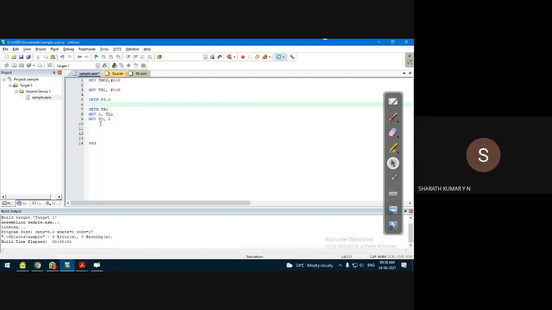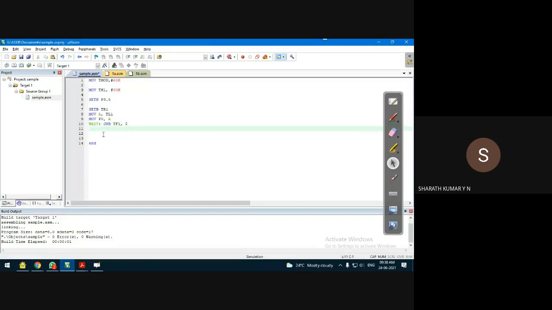Then check the overflow flag: JNB TF1, $. The dollar symbol indicates the same line. You can give some name to this, like repeat or wait, any name. This dollar symbol means the same line; it's as good as writing a label, so instead of wait I'm writing the dollar symbol.